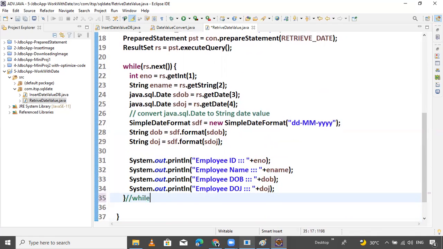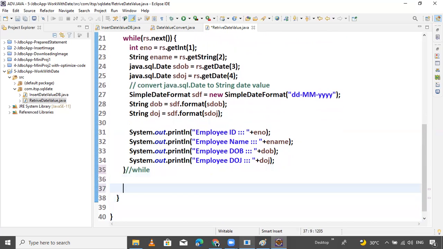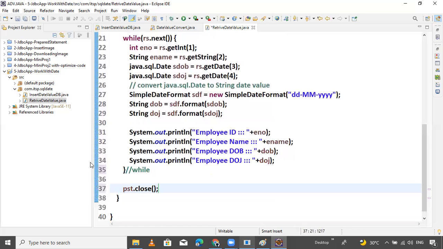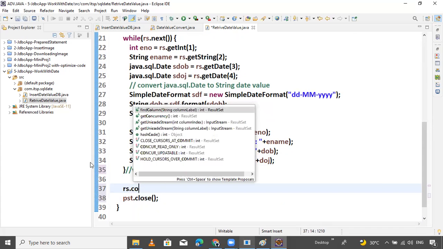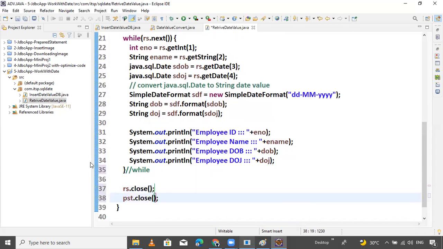Now our while loop is closing here. Close the while loop, and close the connection like pst.close, rs.close, and con.close.